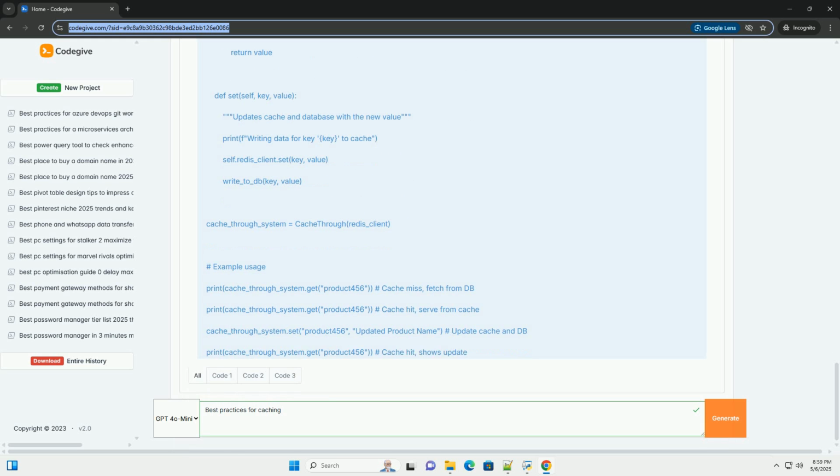4. Best practices for caching. Understand your data: analyze the frequency of access, update patterns, and importance of data before deciding what to cache. Prioritize caching frequently accessed data that changes infrequently. Choose the right caching strategy: select a caching strategy based on your specific requirements for data consistency, performance,